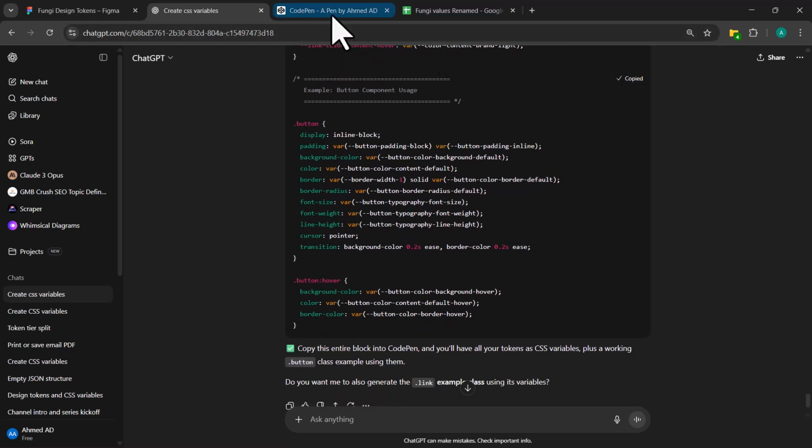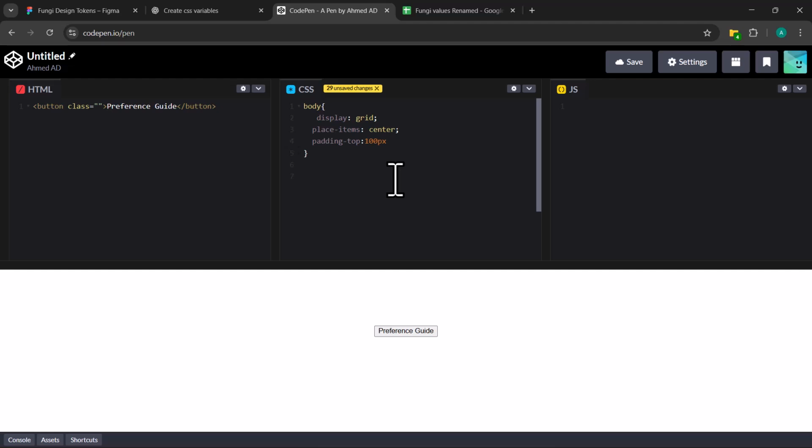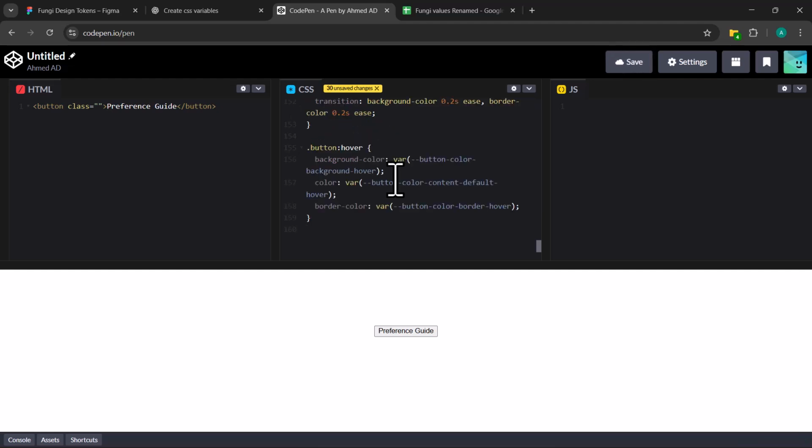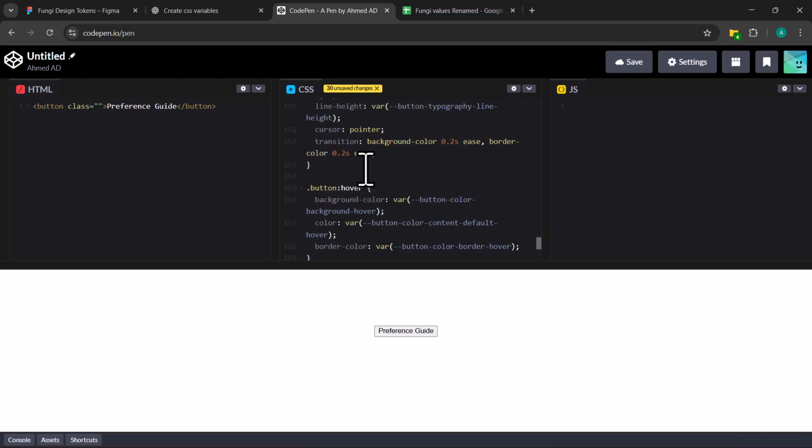Okay, so let's take it to CodePen. Let's paste. We now have the variables we need for our website. So all we have to do is come here and add the button class. And that's it. So let's see how this thing works in Style Dictionary.